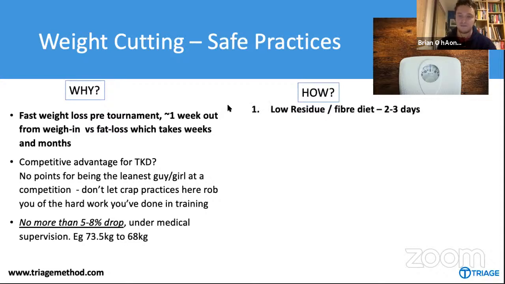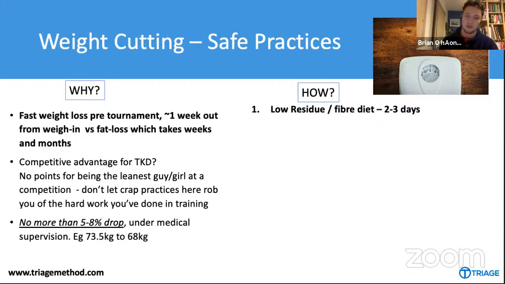So, actual ways to drop weight. I'm going to list these in order of preference for me in athletes. Okay, so a low residue or a low fiber diet, right? When you eat a high fiber diet, that fiber sits in your gut and creates what's known as residue. So if you go on a low fiber diet for a few days before a weigh-in, this obviously assumes that you are eating a decent amount of fiber and a high quality diet, lots of fruits and vegetables, lots of high quality carbs. If you're not, then this isn't going to do much for you.